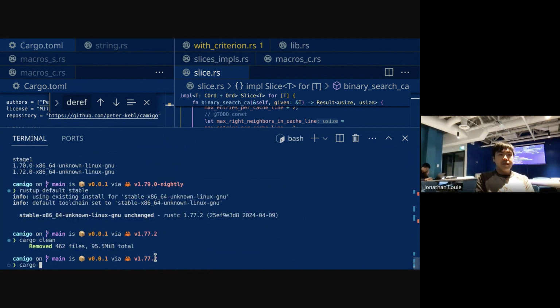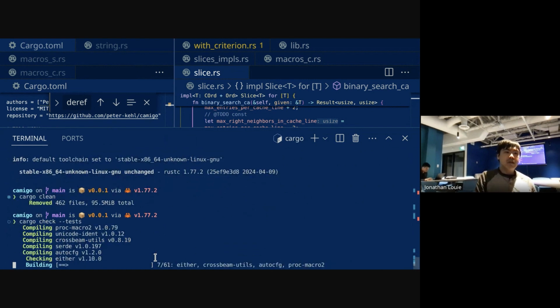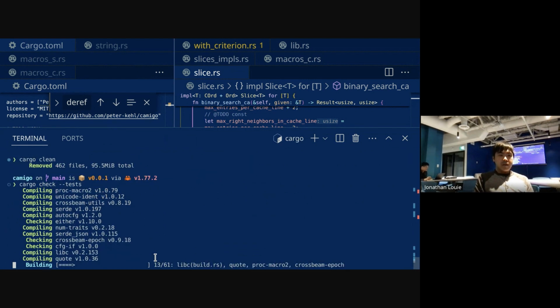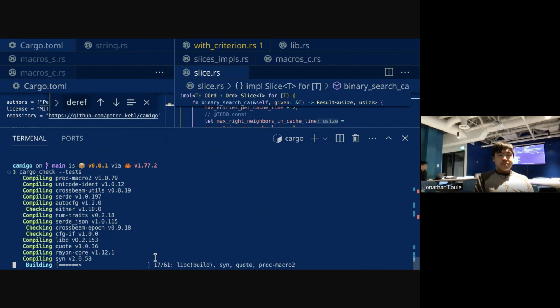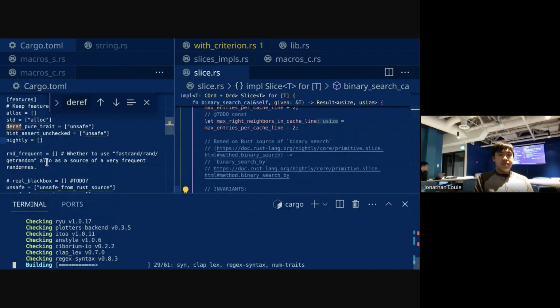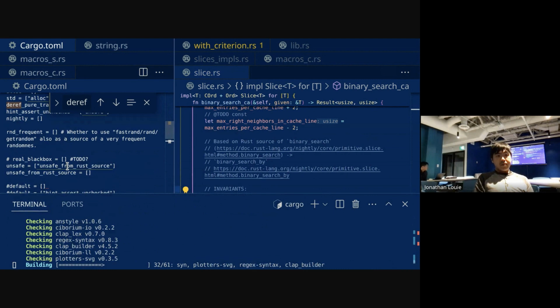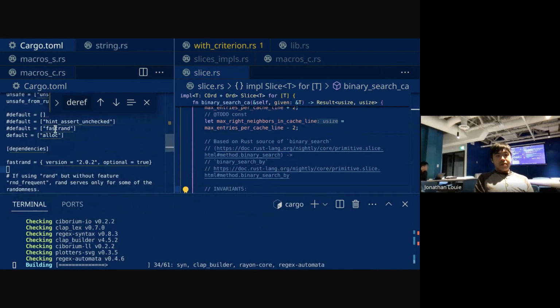Very occasionally, you need to do cargo clean. I don't think I needed to do it in this instance, but I did it just to be safe. And now let's see if it compiles on stable. If not, then it means that some features need nightly. But actually, not exactly, because I didn't enable them. So I made them enabled as default. And I have features here ready for the fastrand crate